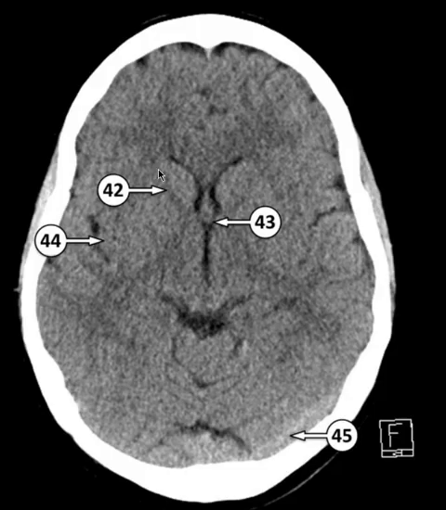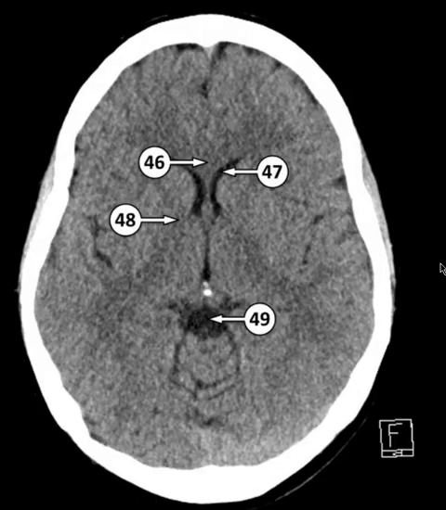42 here, this is the anterior limb of the internal capsule. We remember that the internal capsule more or less resembles a boomerang. The anterior limb of the boomerang here, as the name suggests, is therefore the anterior limb of the internal capsule. 43, this is the interventricular foramen of Monro, the foramen of Monro. And 44 is the insular cortex, the insular cortex.